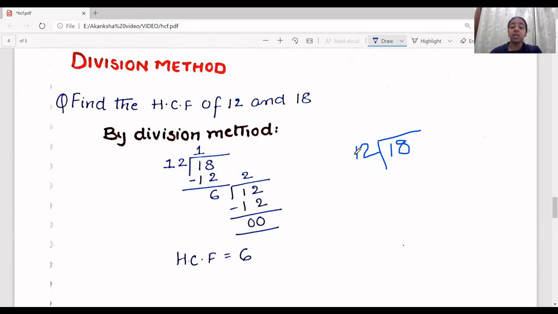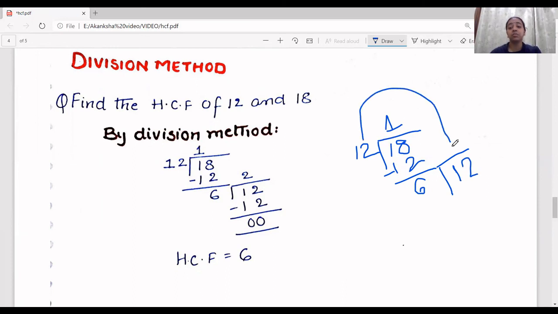So 12 and 18. Now, is 12 divisible by 18? If you say in division method, it is going by 1. So 12 ones are 12, will give me 12, because 12 twos will be 24, which will be higher than 18. So we cannot write down 2 here. Now minus this 12 from the 18 number, we get 6. Now after getting 6, you will be using the number 12 here. This number will then come here.